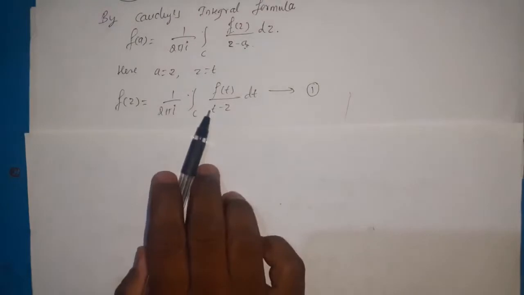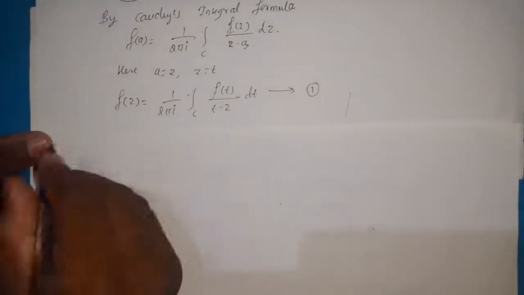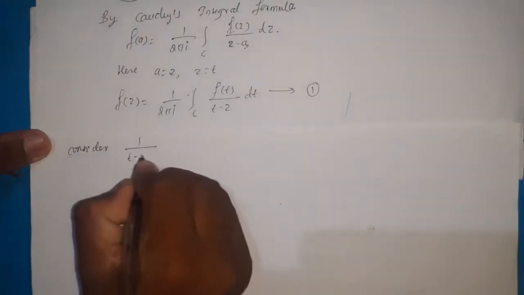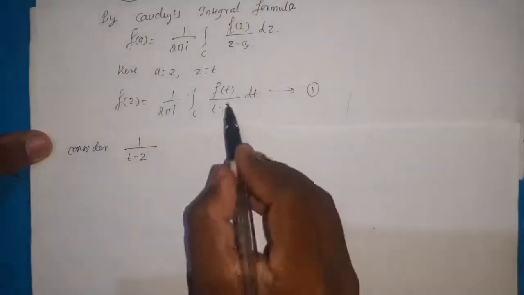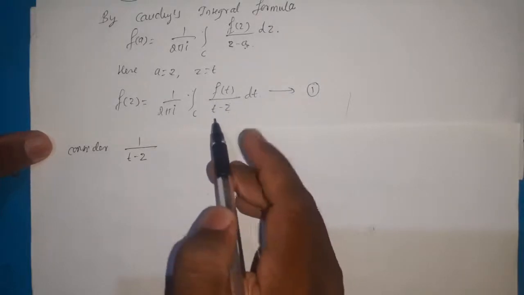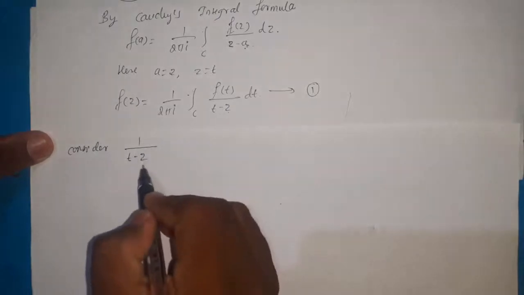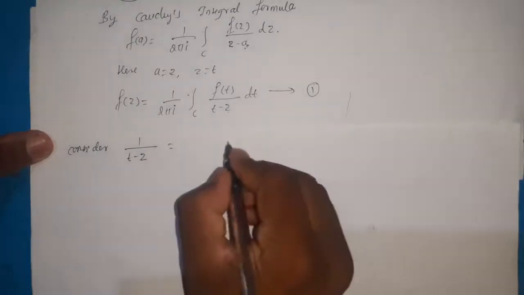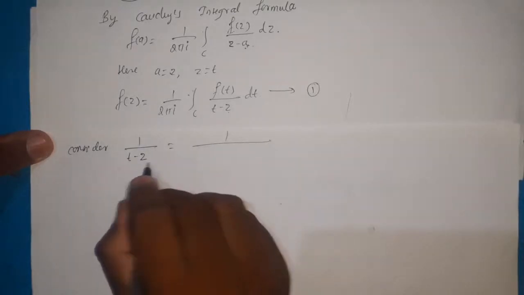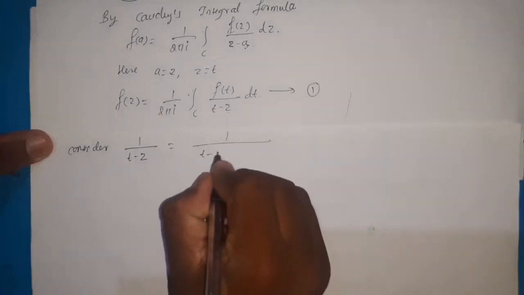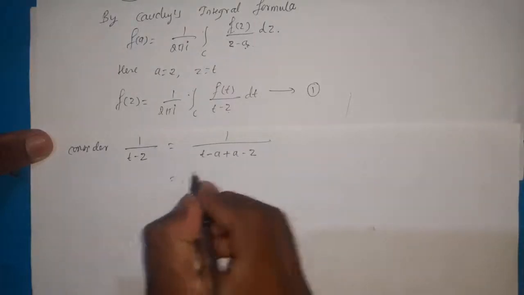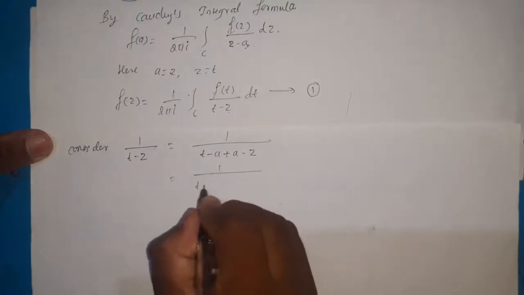So now from equation 1, consider 1 divided by t minus z. So here we have 1 divided by t minus z, so let us calculate that separately. Now it is 1 divided by, here adding and subtracting a, so that becomes t minus a plus a minus z, which can be written as 1 divided by t